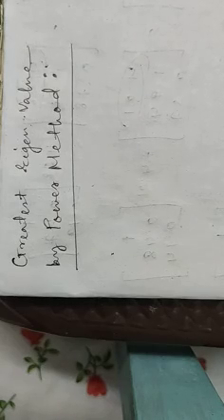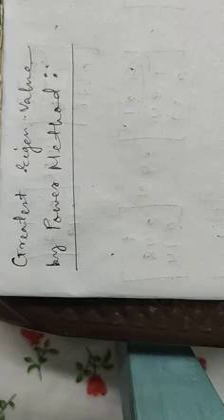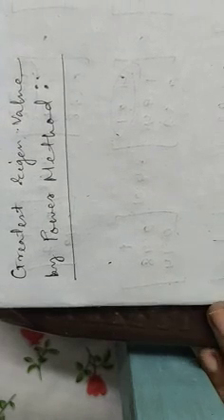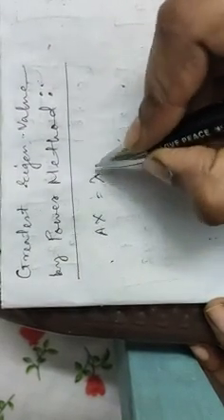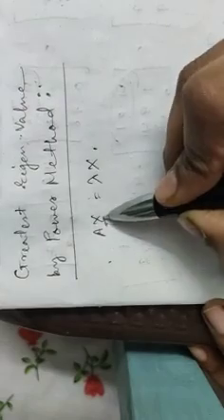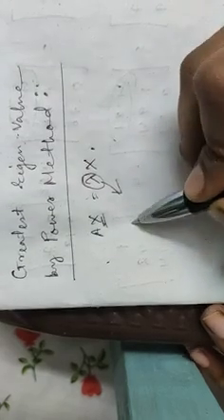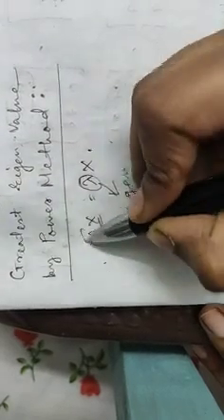In this chapter, we will be discussing eigenvalues and eigenvectors. You are all familiar with the concept: if Ax equals lambda x for some non-null vector x, and lambda is a value, then lambda is said to be the eigenvalue of the matrix capital A, and x is said to be the eigenvector.